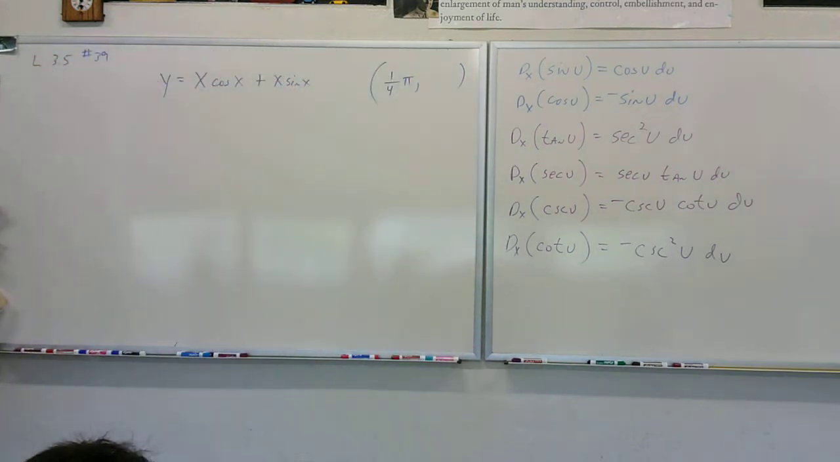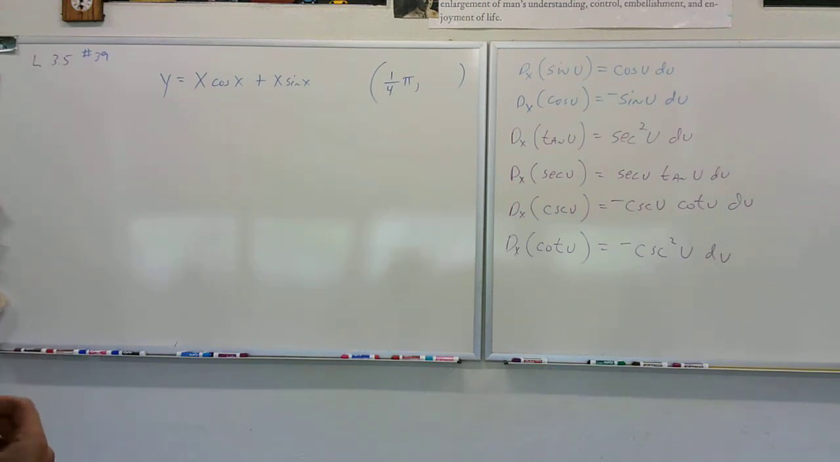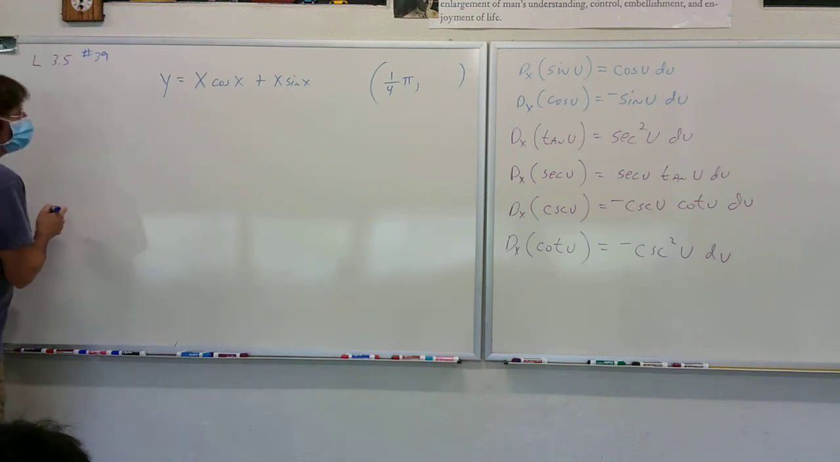Well, does everybody agree we need a y value? Because if we're going to write the equation of a tangent line, we need a point and we need a what? Slope. Is that good? We need a point and we need a slope. Let's get the point. Let's find out what the value is